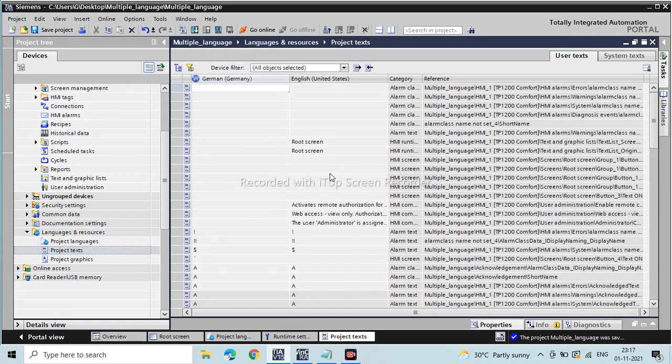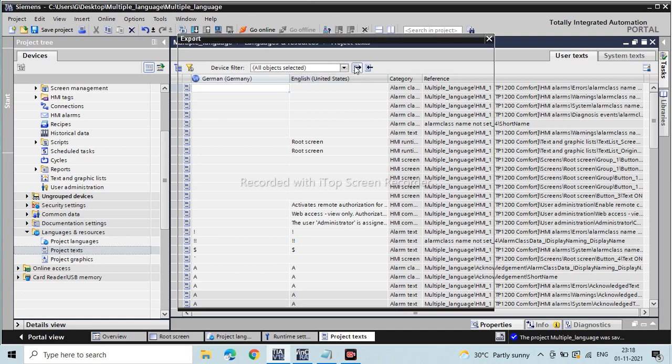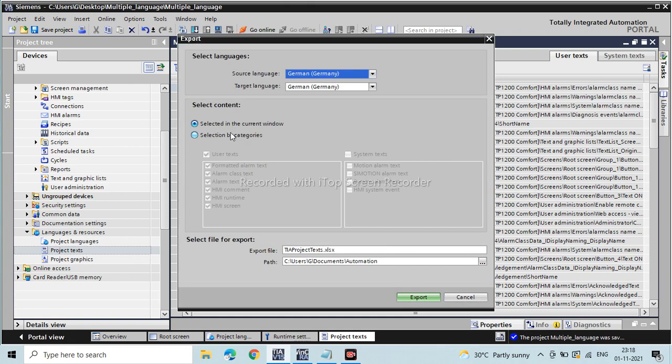Here in project text we have all the text we have used in HMI slides, in comments, buttons and tags. So we do the exporting of the file. Our source language should be English, and target language should be German, because our base language is English, and the second language is German.